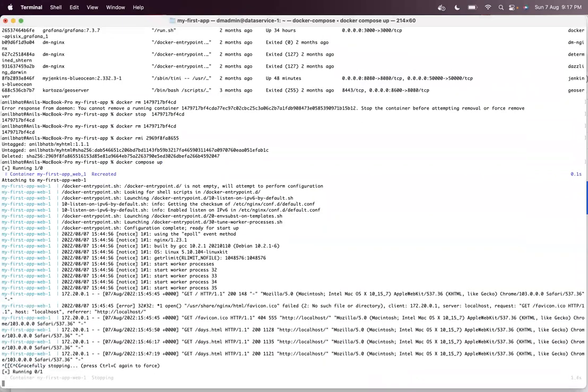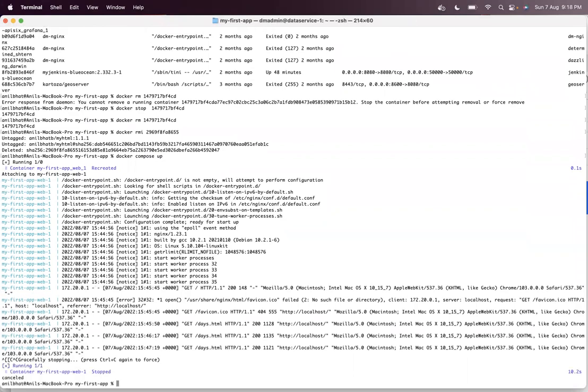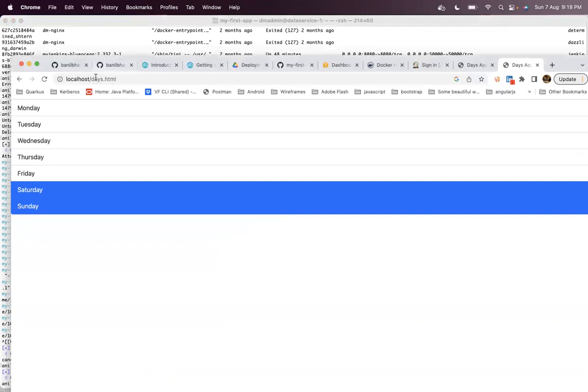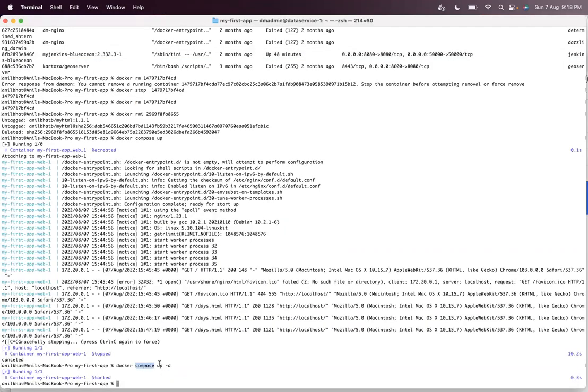So instead of running it in the foreground, now I am stopping the container by pressing Control C. Now it has stopped the container. Now I can run the same using -d. By doing -d, it will not block the prompt, and the container will still be running.